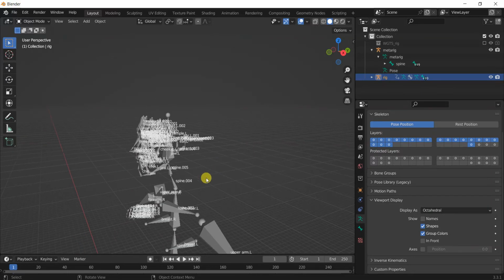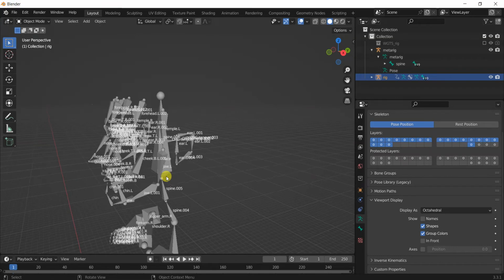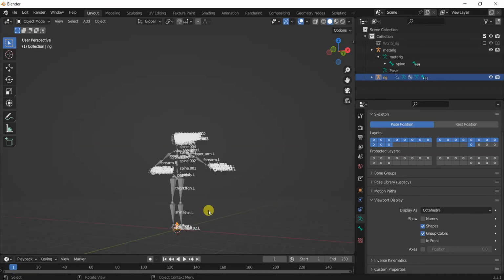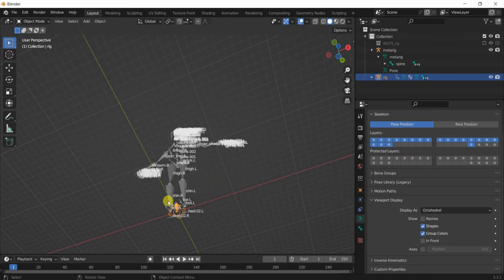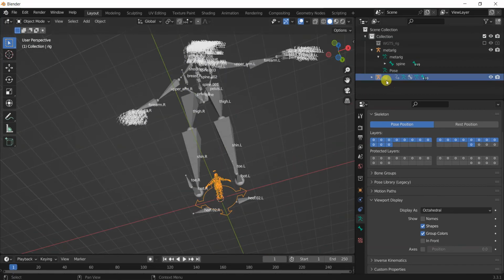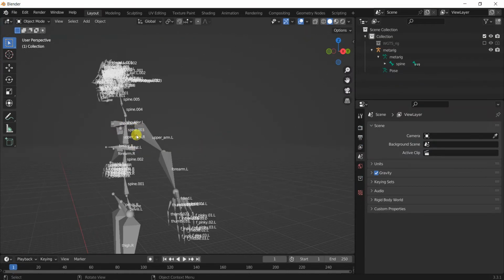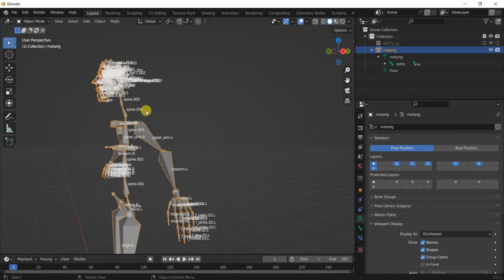Did you see anything extraordinary here? Where are the control points? We don't see any control points here. They are all the way here at the bottom. This is not what we expected, so I'm gonna delete this rig again, and I'm gonna click on this armature,